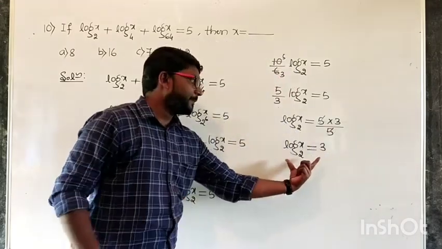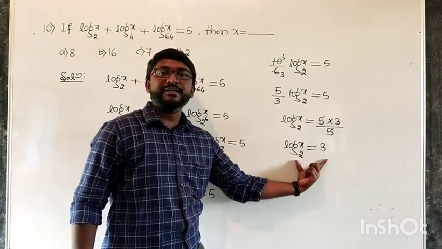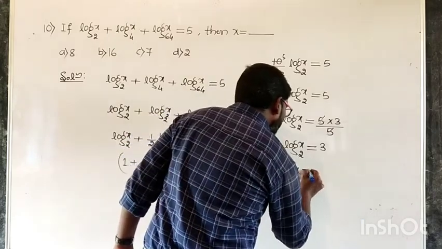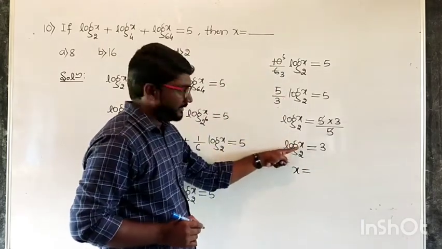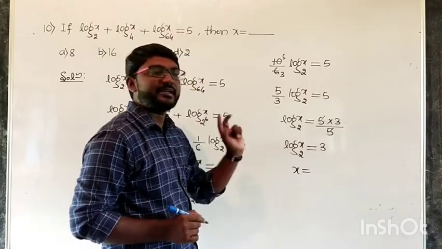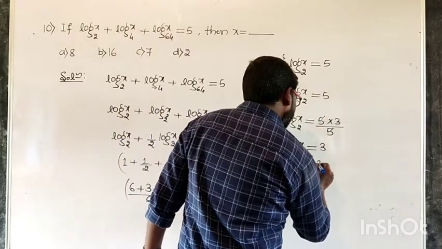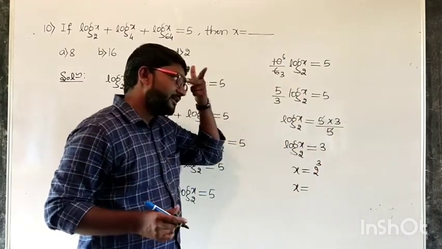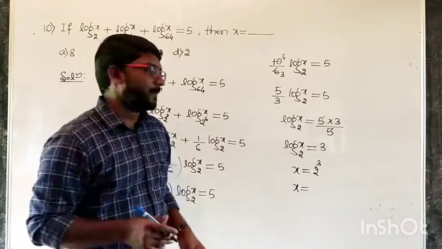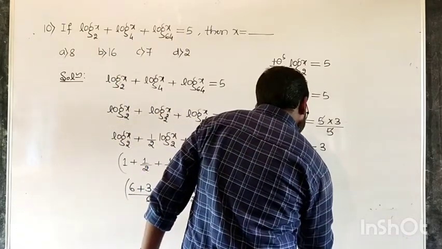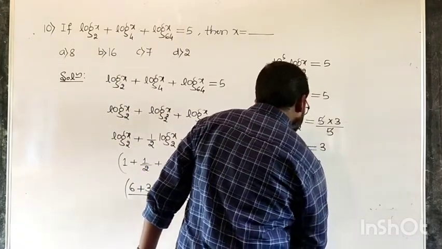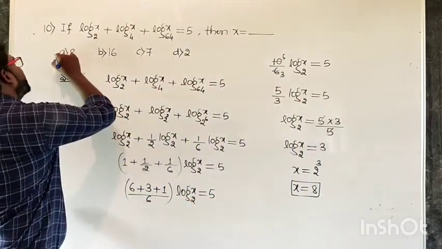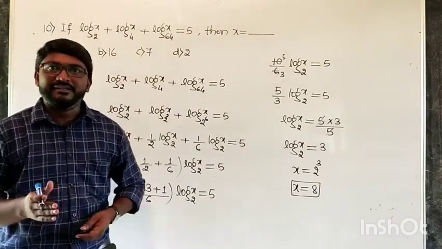Now this is there in the logarithmic form. Now we have to write this in the exponential form. So that is x equals, I write only x and then 2 raised to 3. That will be your exponential form. 2 to the power 3. So x equals, what is 2 raised to 3 now? It is 2 into 2 into 2, that is 8. So we have got the value of x. Search for the option now. It is option A. This is all about the 10th problem.